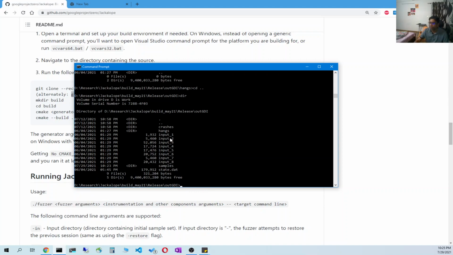The input ones which you are seeing over here are mostly the input files which this fuzzer is using, and a state.dat file. It contains all the state related data. Like in WinAFL or AFL, you have a fuzzer state file which contains all the statistics. So in case you want to resume your fuzzing session, it will read this file and use this data to resume the session.